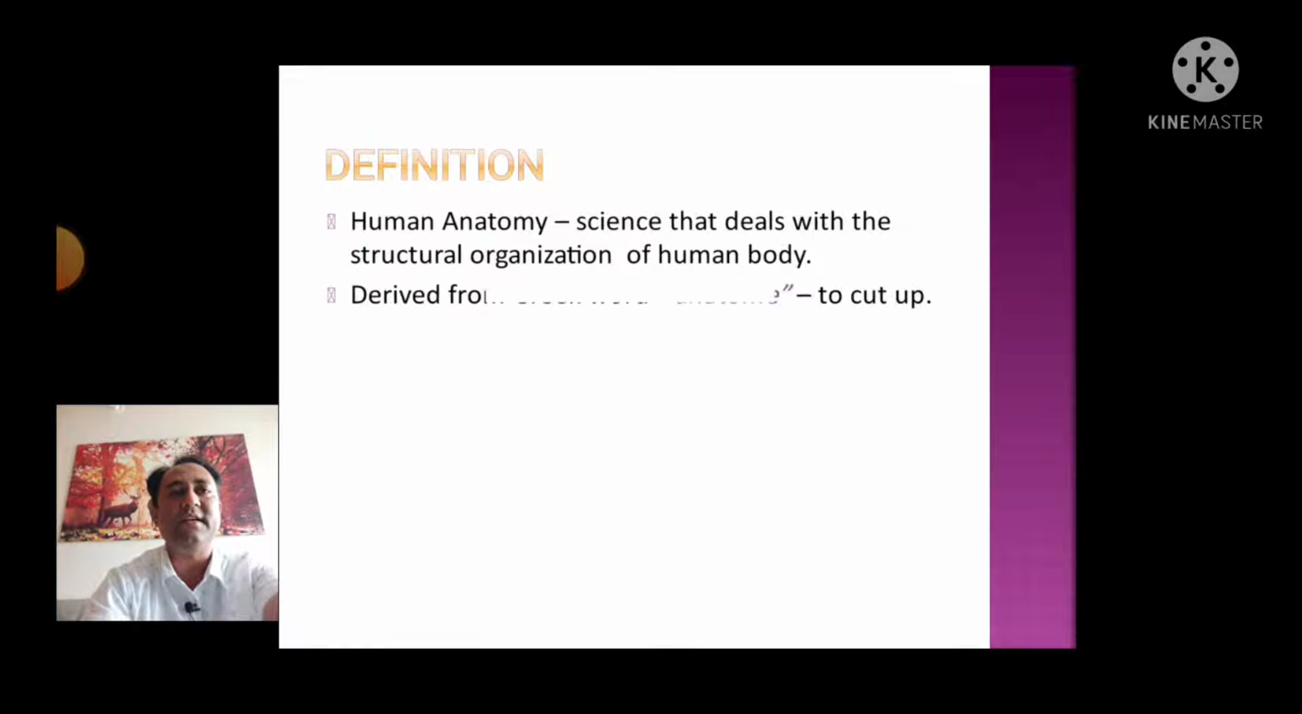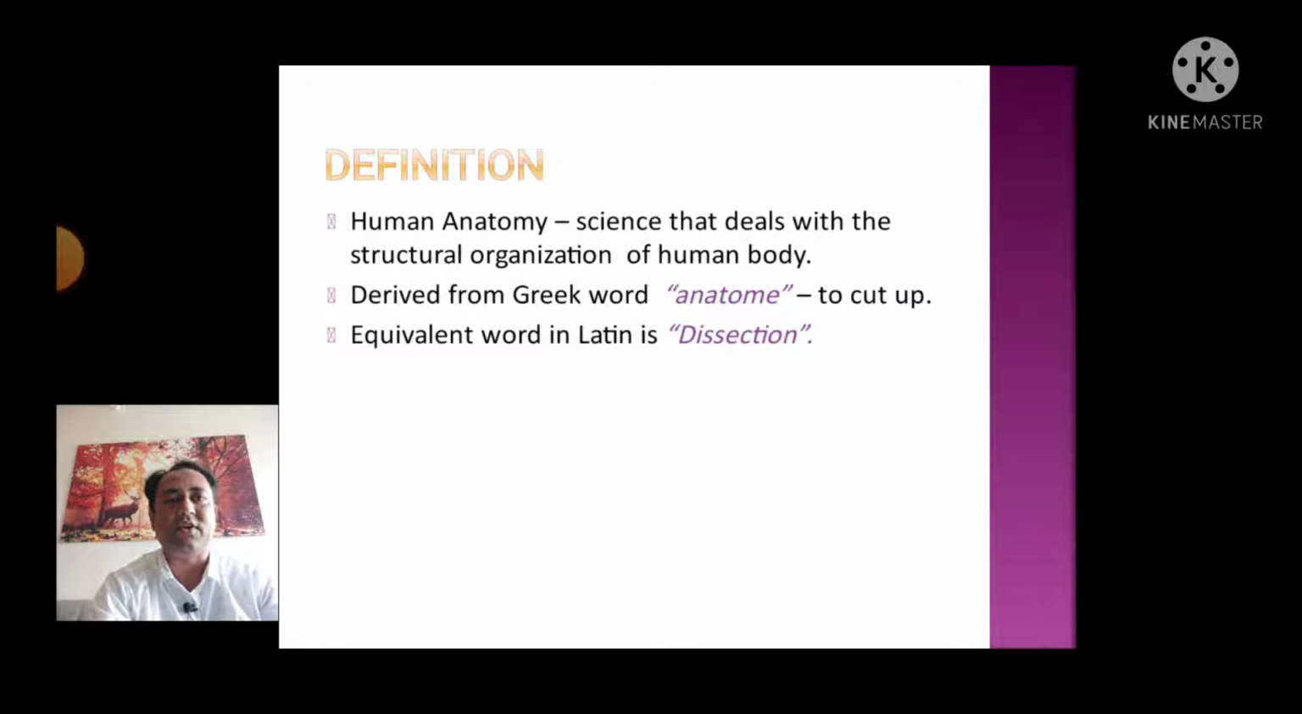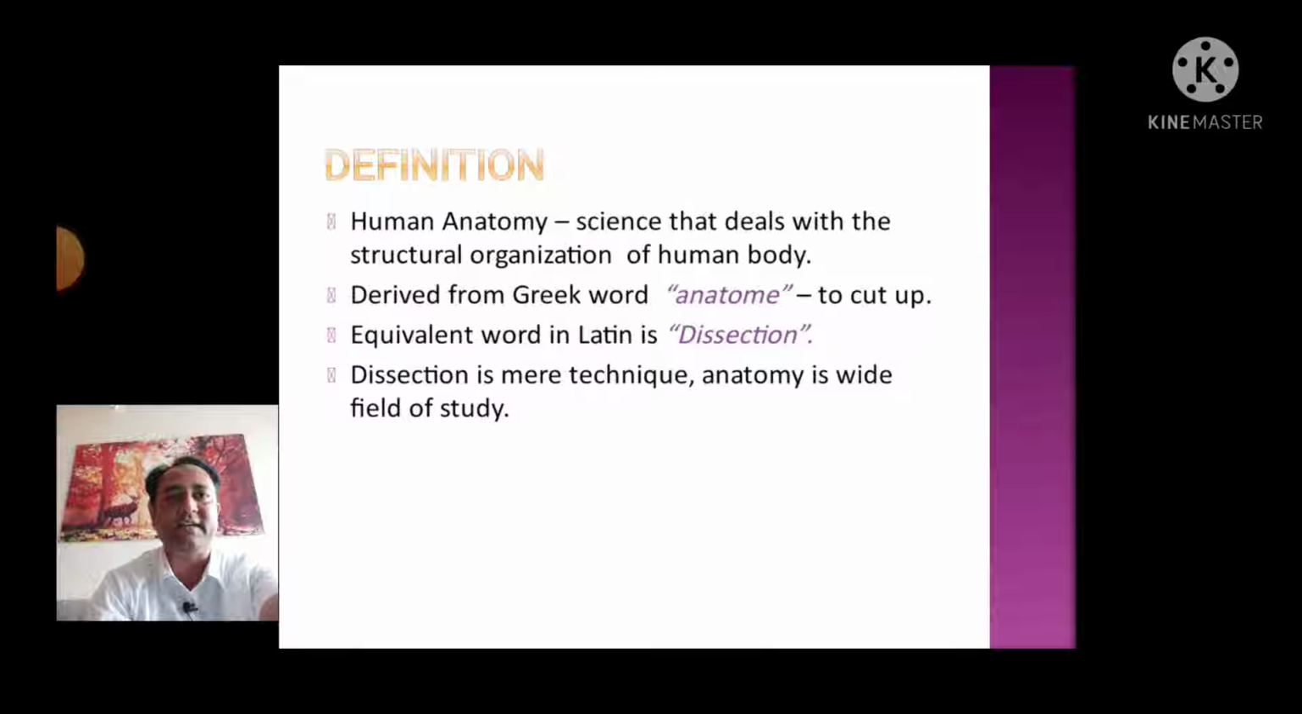Anatomy is actually a Greek word which is derived from anatom, and the meaning of which is to cut up. कट करके जो स्टडी करते हैं उसको बोलते हैं एनाटॉम, और एनाटॉम से डिराइव्ड हुआ ये वर्ड एनाटॉमी. The Latin meaning of this is dissection. Dissection is actually just a technique, while anatomy is a wide field of study. Okay,